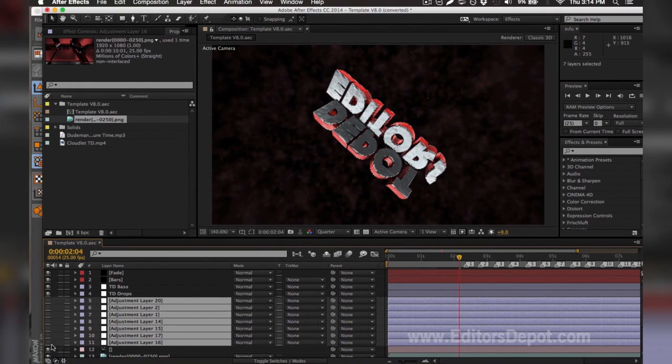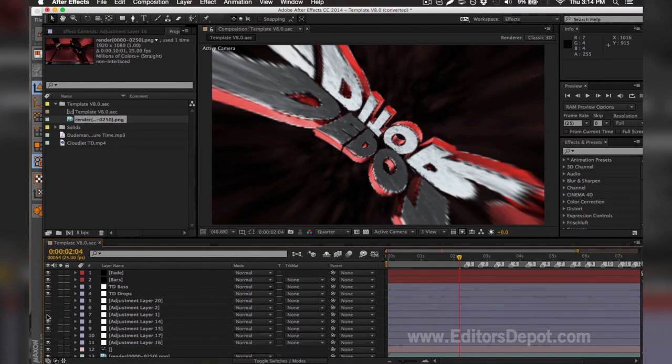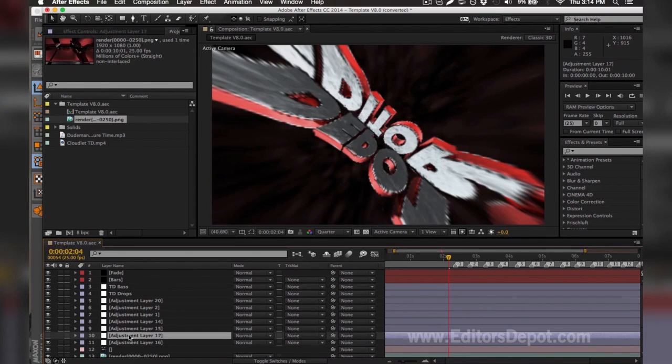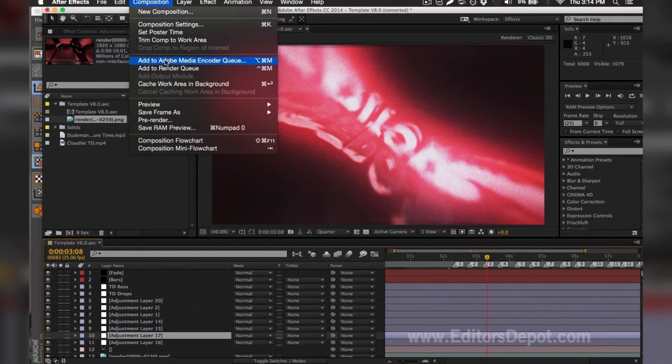As you can see here, one of these adjustment layers messed up the entire render, so I'm going to turn them on one by one. That one's fine, that one's fine. Oh, this one's the problem here. So you make sure you turn them back on, and you're done. I had one layer that messed everything up, and that's because I do not have the correct plugin. You want to make sure you fix that, and you want to make sure you don't run into that problem again. And finish the composition by adding it to the media encoder queue.